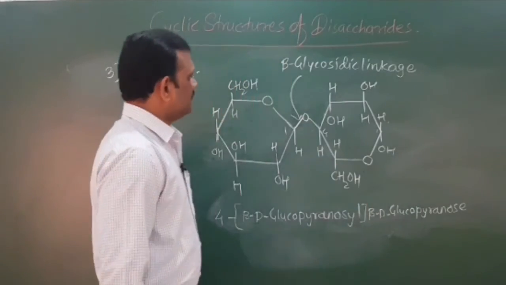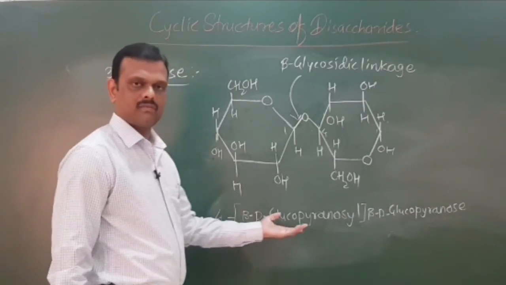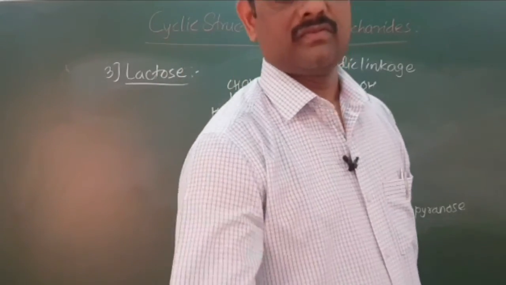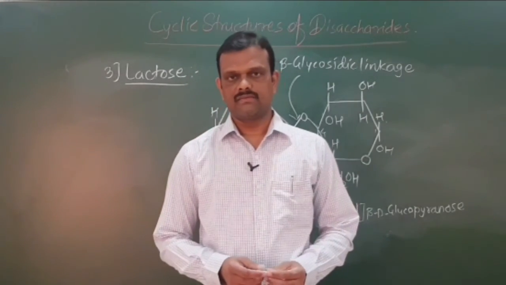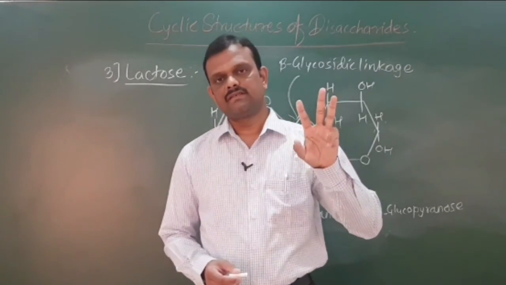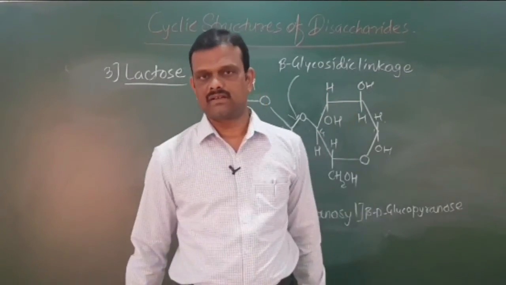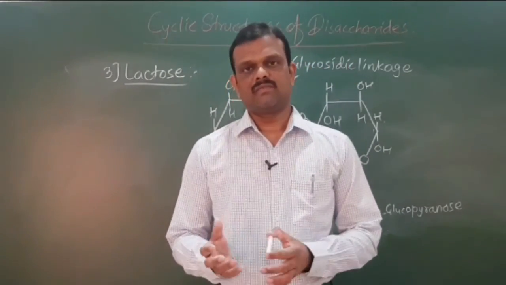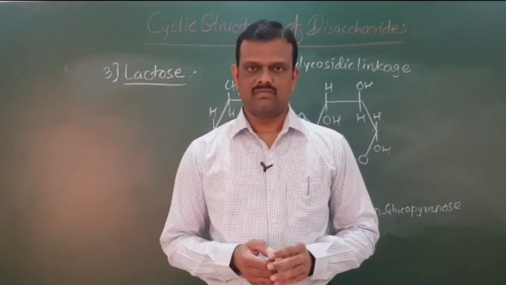Okay. Now this lactose sugar is present in milk. On hydrolysis you can get the beta form of glucopyranose from this lactose sugar. Now in today's lecture we have studied the cyclic structures of disaccharides. Three structures we have studied. First one is sucrose, second one is maltose, and third one is lactose sugar. In the next lecture we have to study the remaining part, that is polysaccharides, structures of polysaccharides, and the remaining part of the biomolecule topic. Thank you.